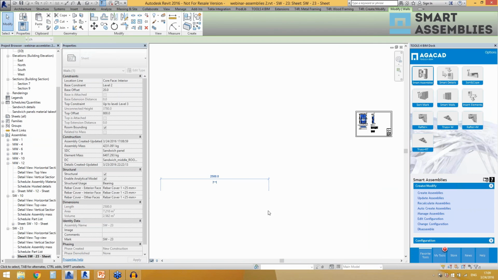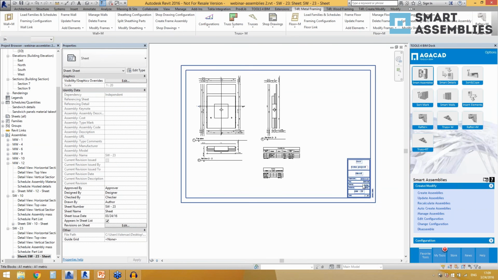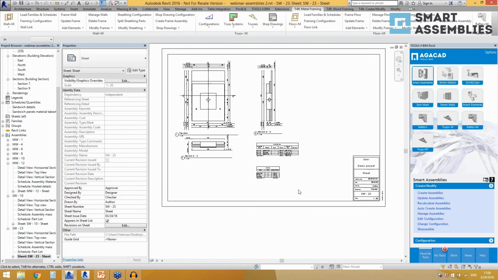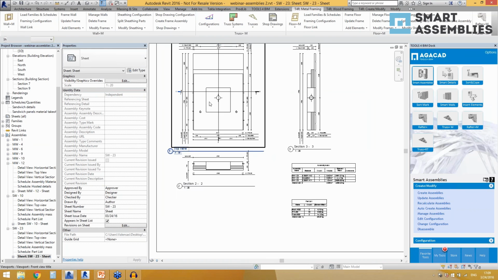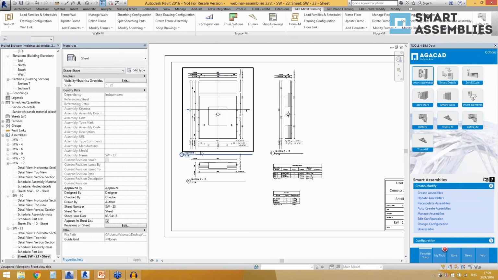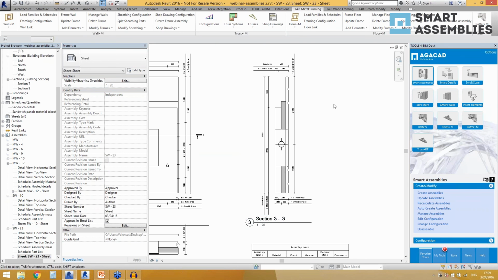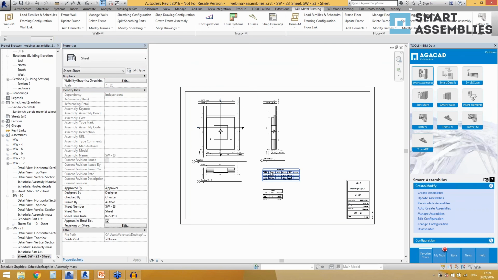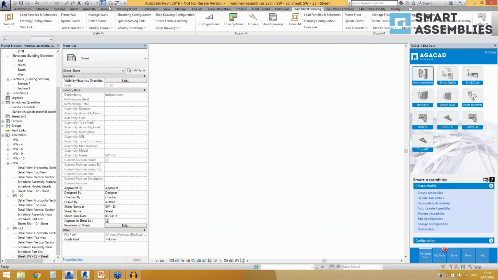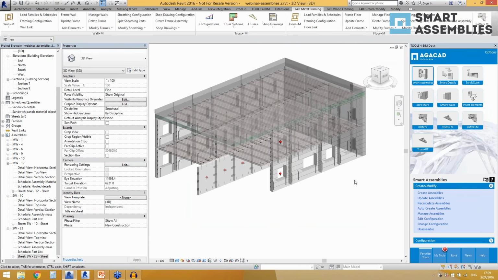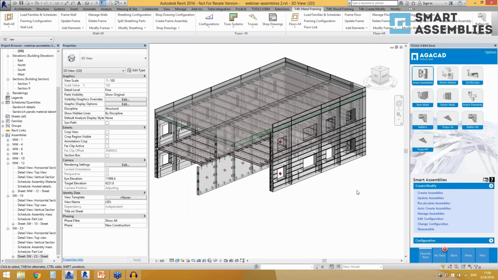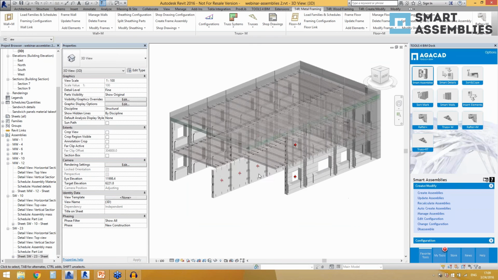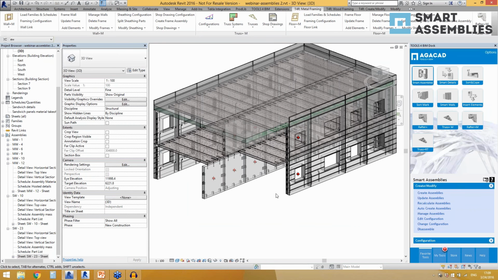Now we have the sheet, and you will see that my new views were created for the new panel, and all the views were placed on the sheet in the same place as in the template sheet. So that's how it works. That's what it was created for. So yeah,